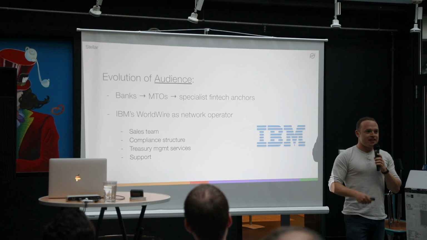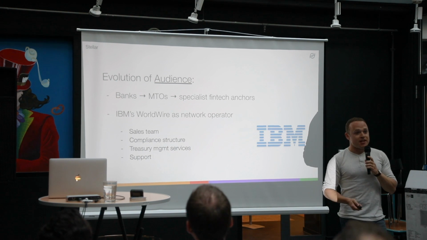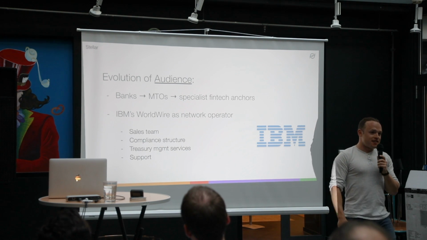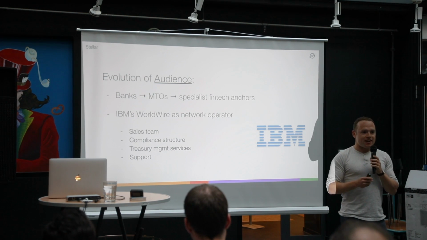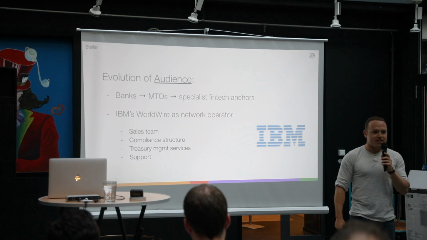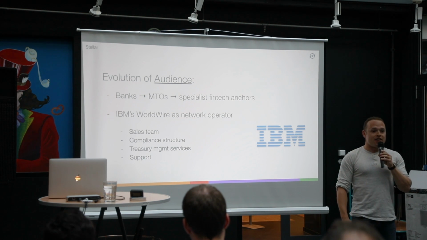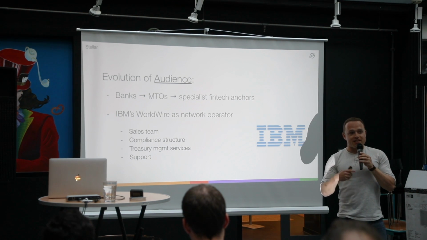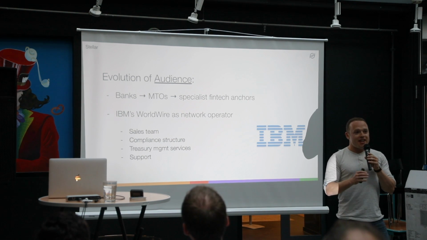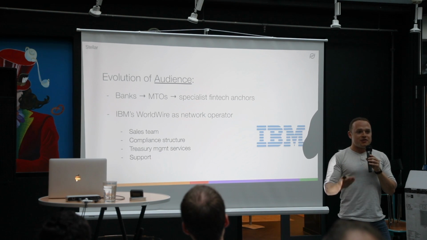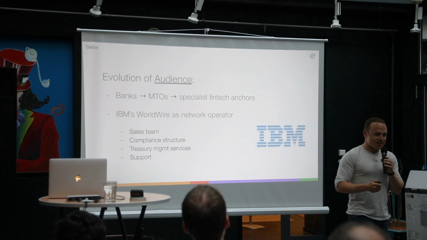And so we decided that the best strategic direction was to not work with banks, but work with MTOs, which are money transfer organizations. The biggest example, of course, is Western Union, but there's a very fragmented long tail of money transfer organizations. These are companies that compete on slim margins. They are not as close to the correspondent banking model that I described earlier. And so if anybody is incentivized to use something that reduces the cost of transaction and increases the speed, it would be money transfer organizations around the world.